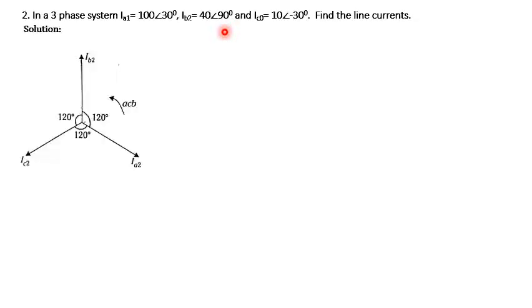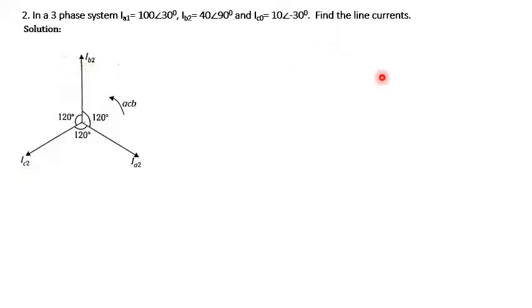Let's solve this. So I told that we should convert B and C in terms of A or vice versa, any of the terms. Here, if I know IC0, I can easily understand that IB0 is the same as IC0, and IC0 is the same as IA0, because there is no angle deflection between IA0, IB0 and IC0.